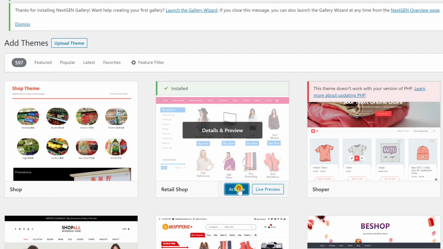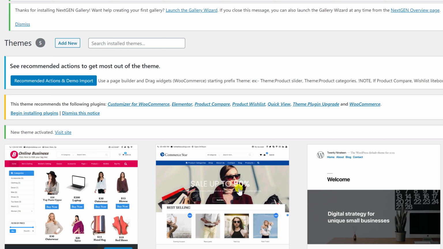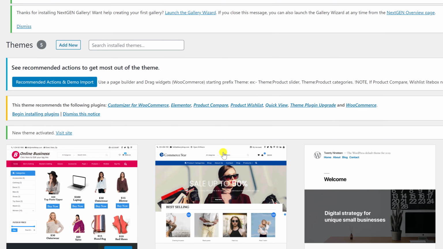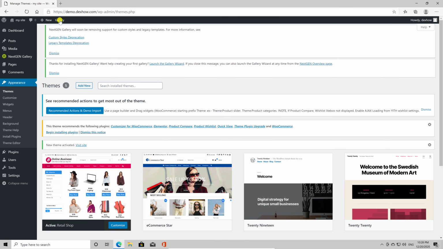Depending on the theme, it may add additional settings options that you may need to configure. For instance, your theme may ask you to install the recommended plugins, download demo data, or review settings. You can follow the on-screen instructions or click on the Customize button to start setting up your theme. This method that we covered only allows you to install free themes that are available in the WordPress.org themes directory.